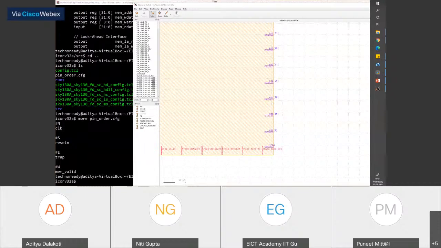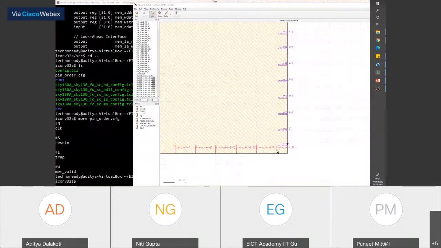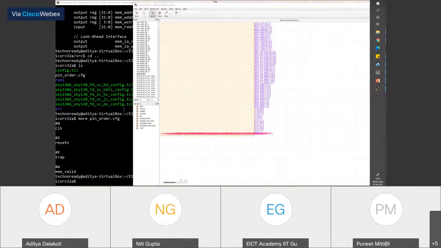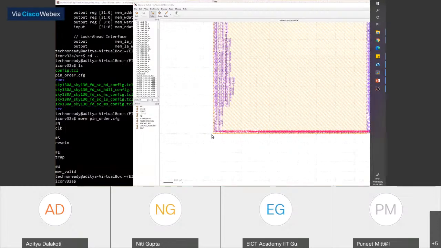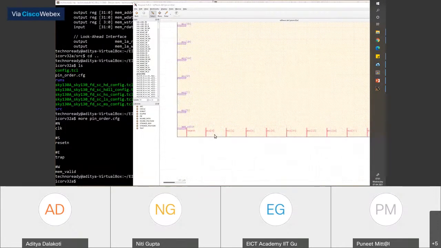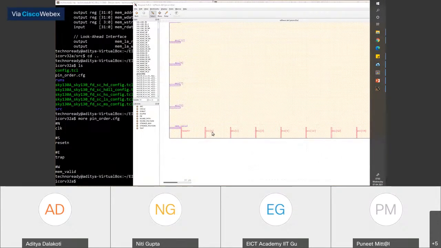So you can specify these pin names. In your run script, after you run place IO all, it tells you which pins are not placed. So you can go back and put these in your pin order config file in the order you want, one after the other.